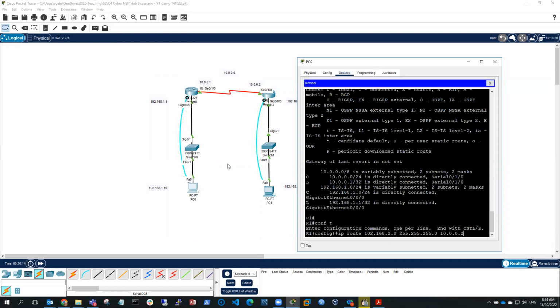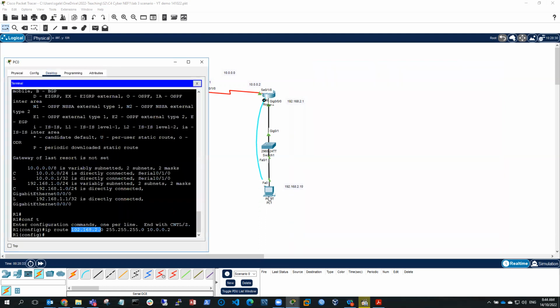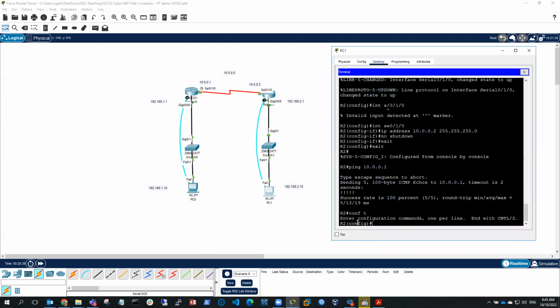In other words, how this router gets to this network is it forwards onto its next hop, or its default gateway, and the default gateway, or the next hop interface, is 10.0.0.2. So that's my IP route for R1 to get to this network. So over here, I'm going to do the same thing. So here I'm going to go into config mode, and I'm going to do IP route,